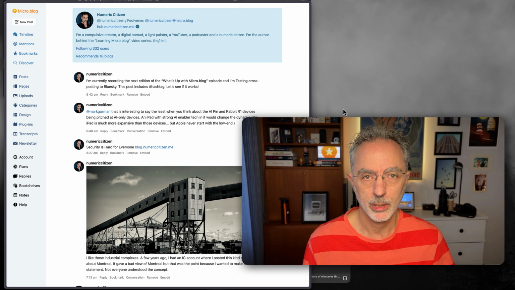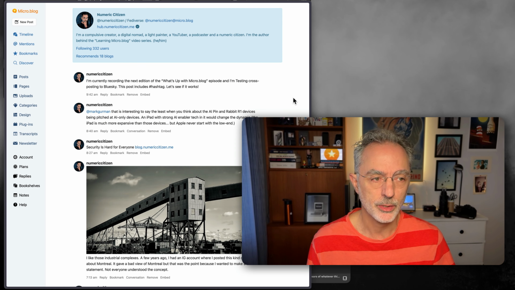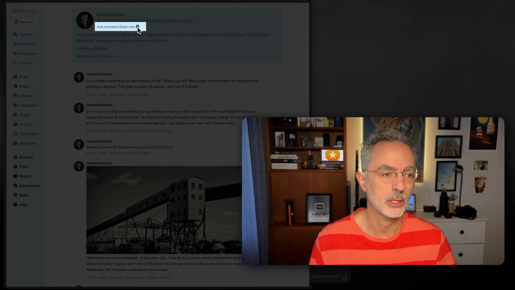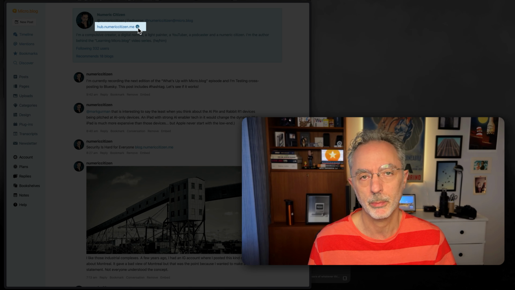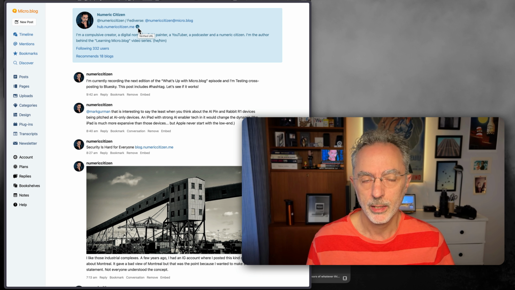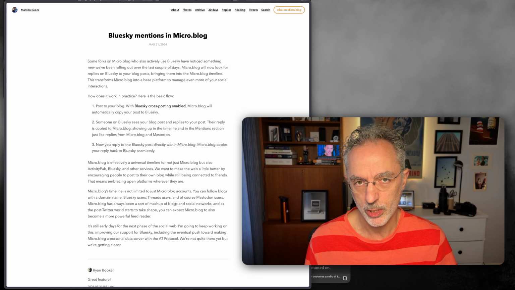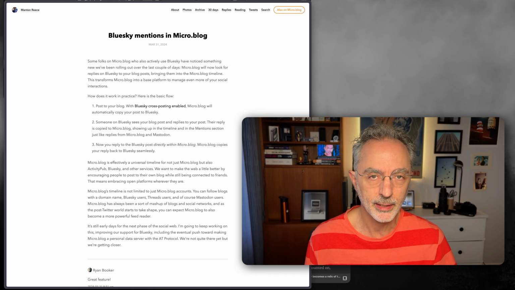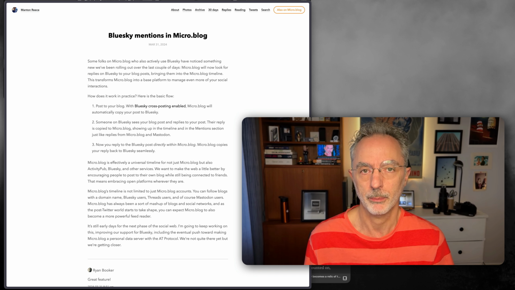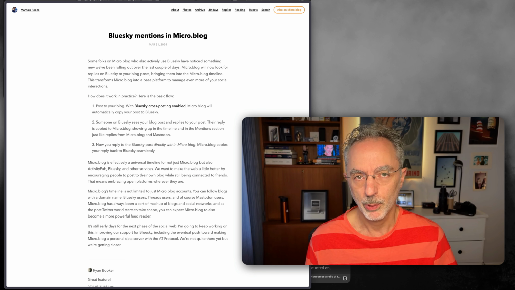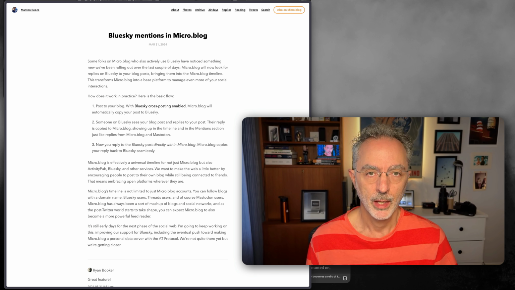Another tweak to Microblog is the use of verified accounts. If your domain name and your Microblog are correctly registered, you can now see this little blue check mark on your profile. So this is new. Speaking of Blue Sky and Microblog integration, when you are writing a post on Microblog with cross-posting enabled to Blue Sky, what happens if someone on Blue Sky replies to your post?